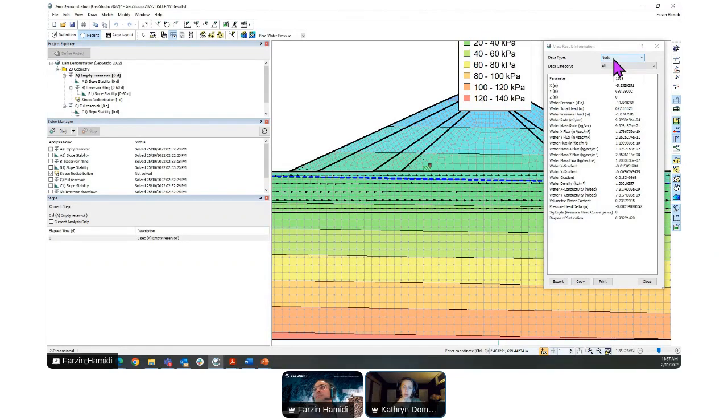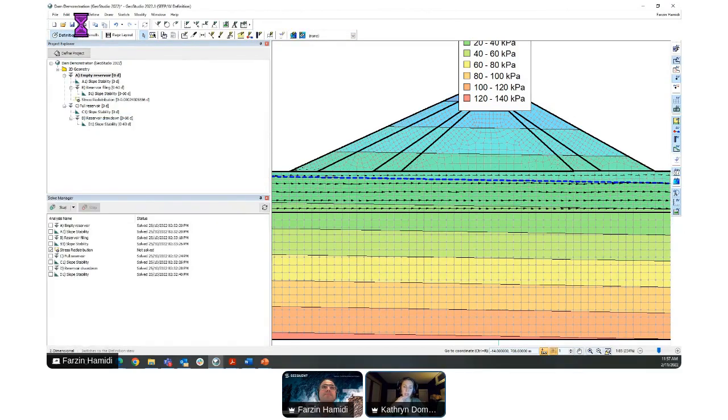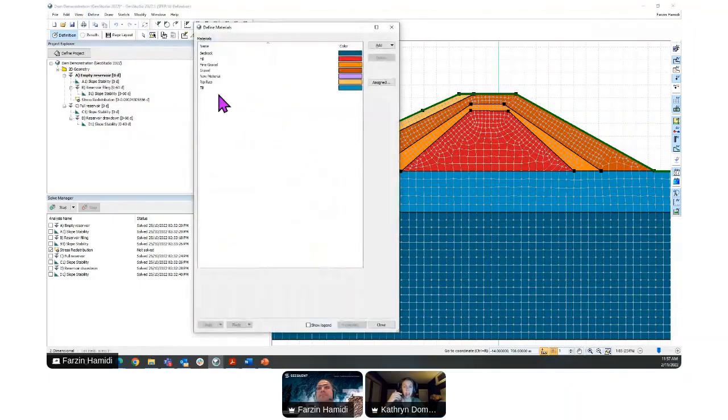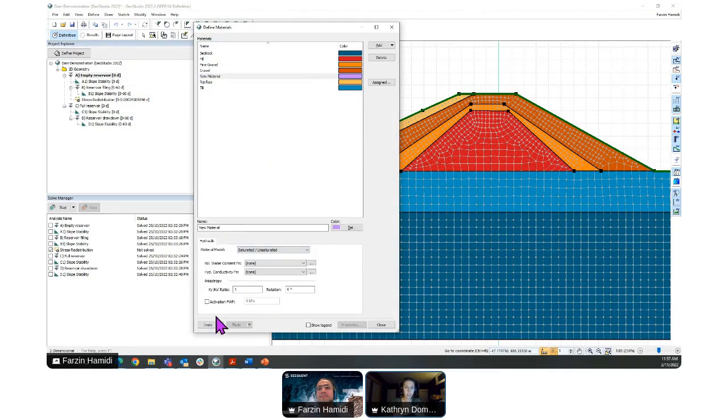So Farzan, maybe you could go to the material definition in the define view and just show that when you're setting up your material, you can set that activation pore water pressure value. And that activation pore water pressure value can be a negative value that would correspond to those unsaturated conditions that would be related to the infiltration rate coming in at the average infiltration rate at a given project site.